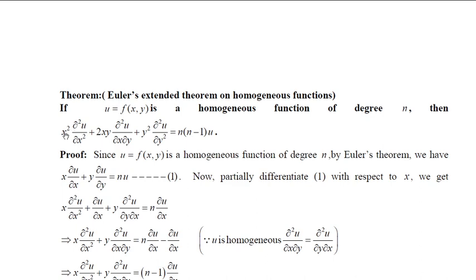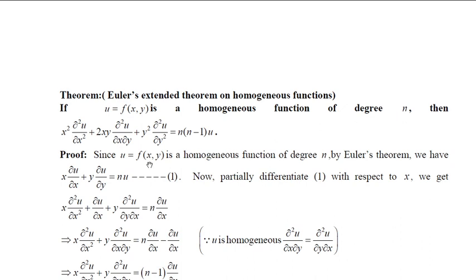Then you'll get x square into ∂²/∂x² plus 2xy into ∂²/∂x∂y plus y square into ∂²/∂y² of u. So in that manner you can remember this one. And the right hand side is n into (n minus 1) into u. Let's prove this one. Since it is given that u is a homogeneous function of degree n, and we know that